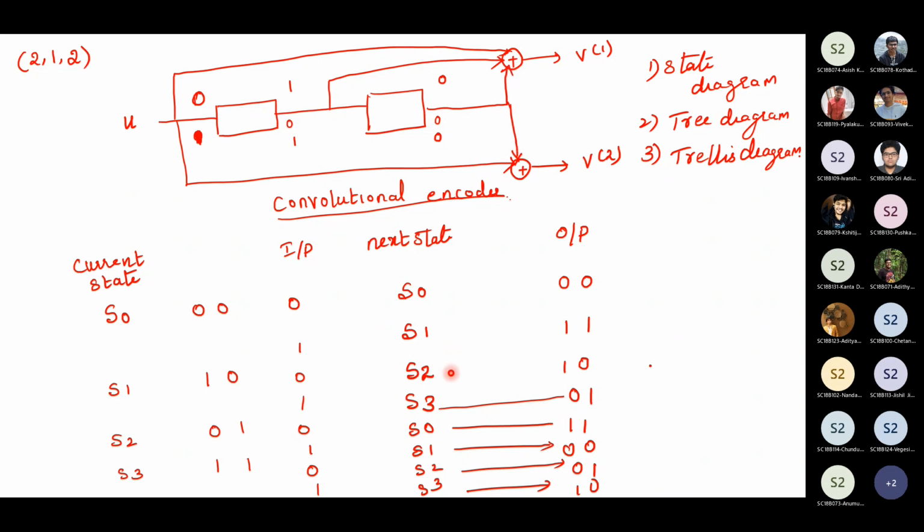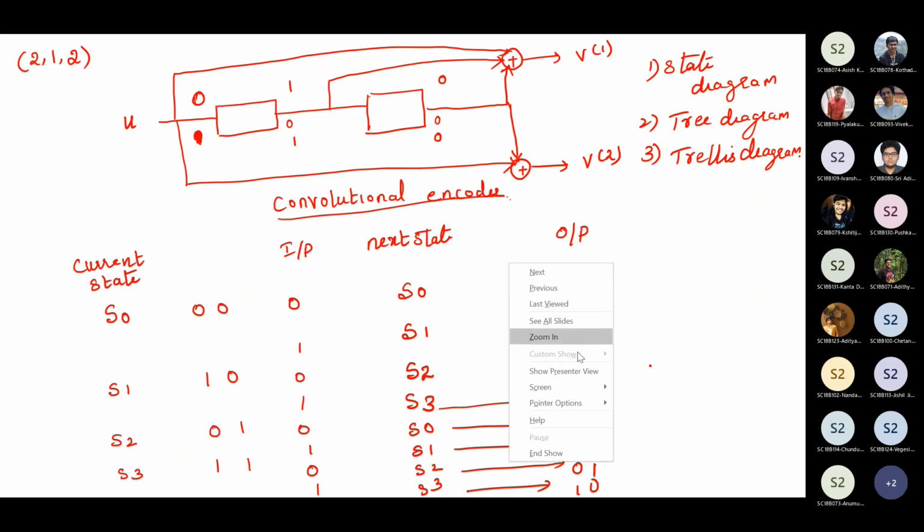So the output is, which one are we discussing? This one, right? 1, 1. So when you give an input, what happens? When you give a clock pulse, this 0 will be coming here. From here, what is the previous one? It is 0. So this 0 will be going here. So the next state will be S0. Right? So this way, we are filling the entire state table. With the help of the state table, we are going to draw the state diagram.